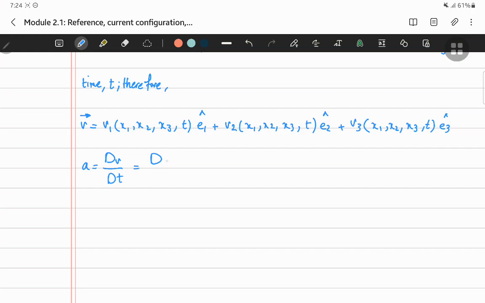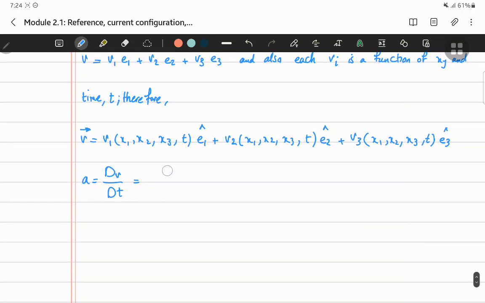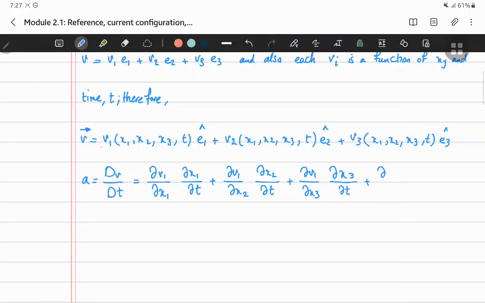So you have the partial derivative of v1 with respect to x1 times the partial derivative of x1 with respect to t, plus, you know that v1 is a function of x2, times the partial derivative of x2 with respect to t, plus the partial derivative of v1 with respect to x3 times the partial derivative of x3 with respect to t, plus, you know that v1 is a function of t, so the partial derivative of v1 with respect to t